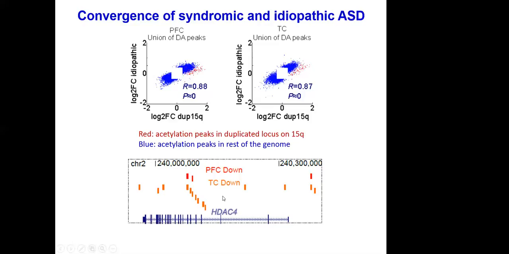And this is a nice way you can separate cause from consequence, where essentially you can say at some level, all autistic individuals have loss of HDAC4. The syndromic individuals have complete loss of HDAC4. The idiopathic individuals have partial loss of HDAC4 due to epigenetic changes. So basically all these syndromic autism loci, which seemingly tell you something only about these very rare subsets of autism, actually tell you something about idiopathic autism also. They tell you about all autistic individuals, right? So again, we're talking about what's common, and epigenomics is telling us what's common.